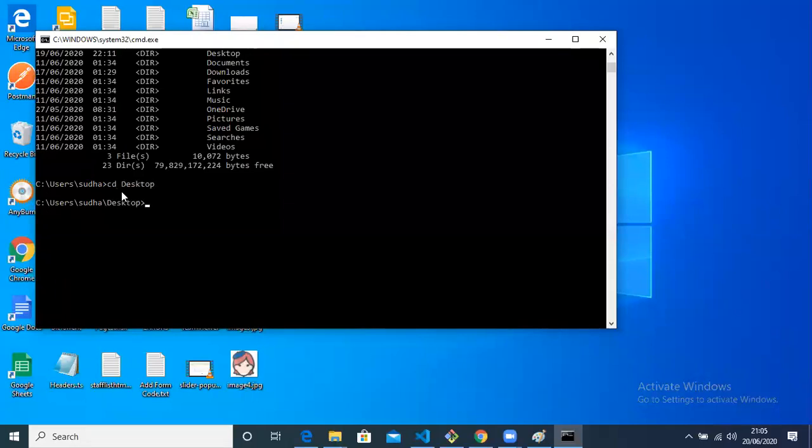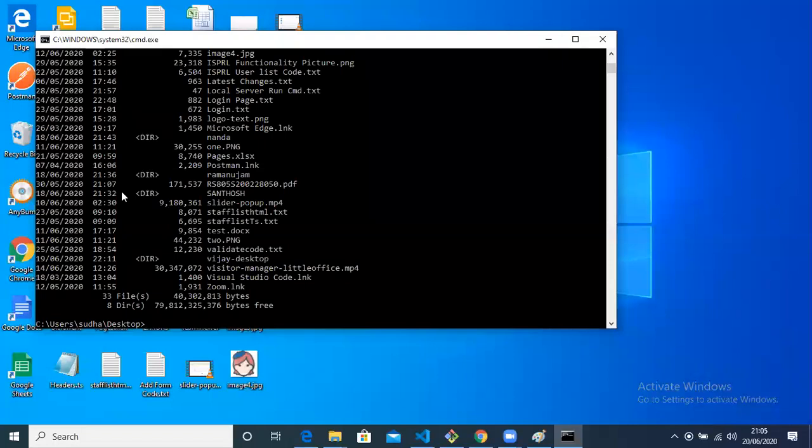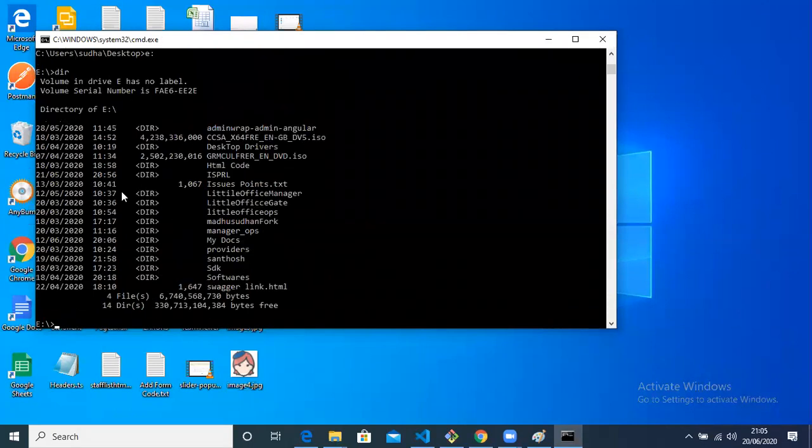Instead of that, I'll select a separate drive, like E drive, so that whatever I do here, I will be able to see here only, right? So I'll always go to E drive.